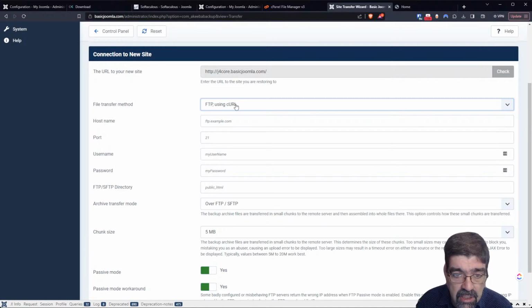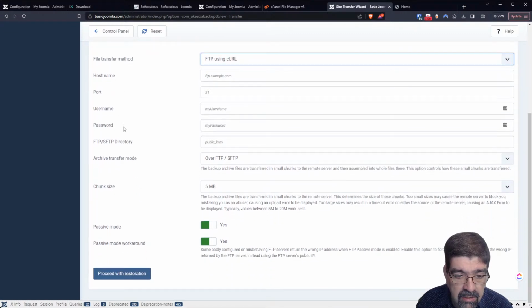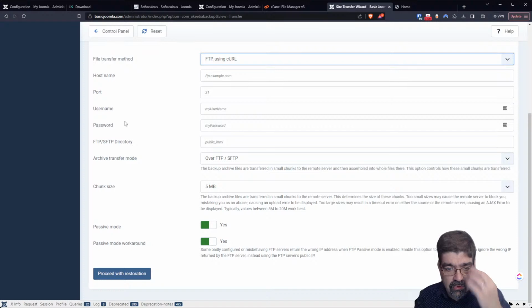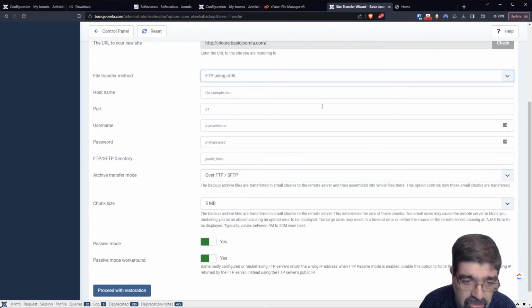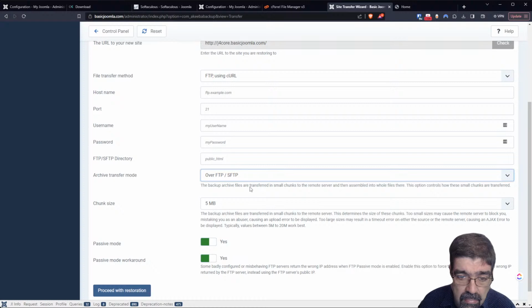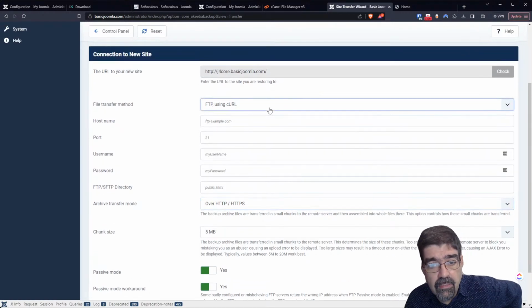So I could actually put FTP information in for that site, and it would restore this backup of this site to a new location. Interesting. And very interesting. I would have to put in this FTP information here